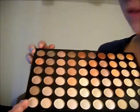And if you have this palette, let me see if I can move you guys down, make you straighter. There we go. Don't mind the messy bed. There we go. If you have this palette,